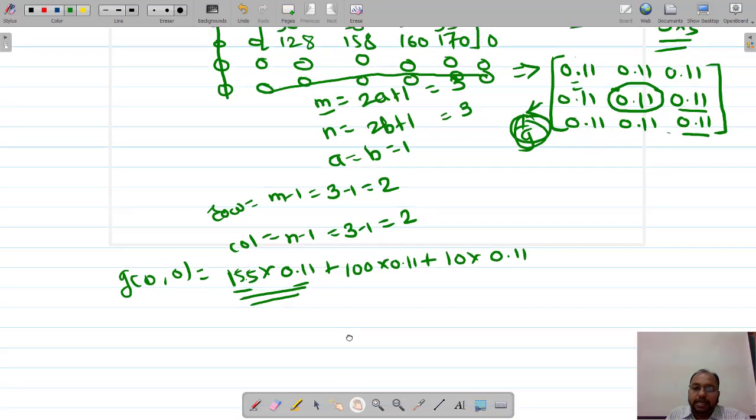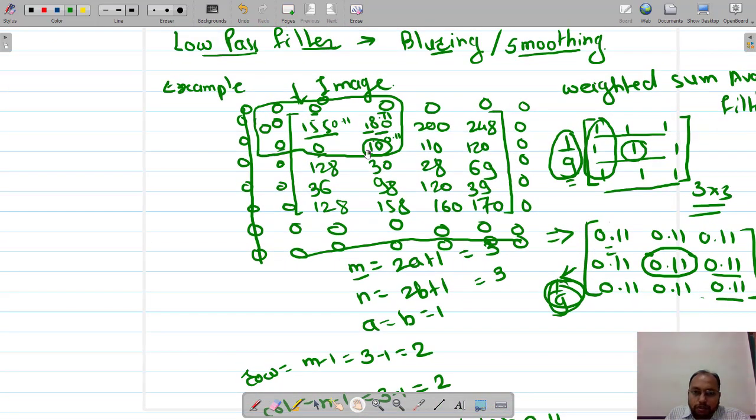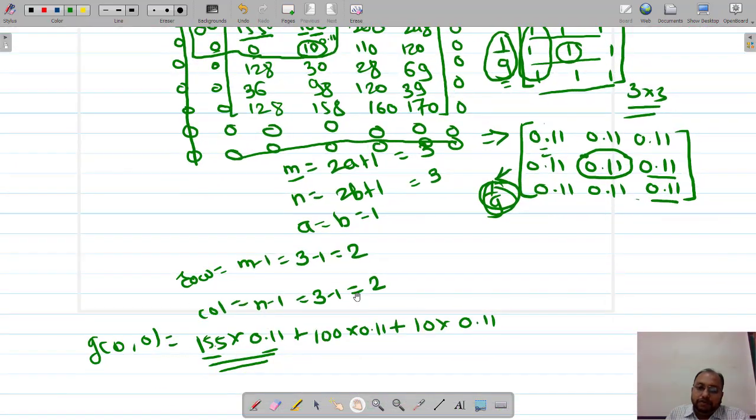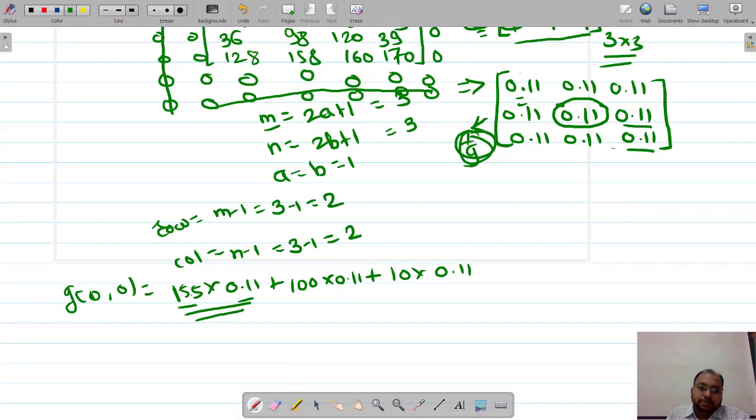and we are taking the average of the different pixels which are there. So the average of the neighborhood pixels we are going to consider, and along with that the weights. This is nothing but the weight, a weighted filter mask, and the average of all these pixels we are going to consider. That's why it is called the weighted average filter. Are you getting it? Fine.